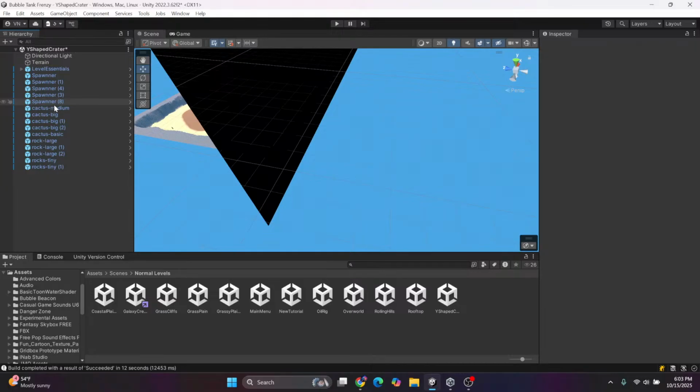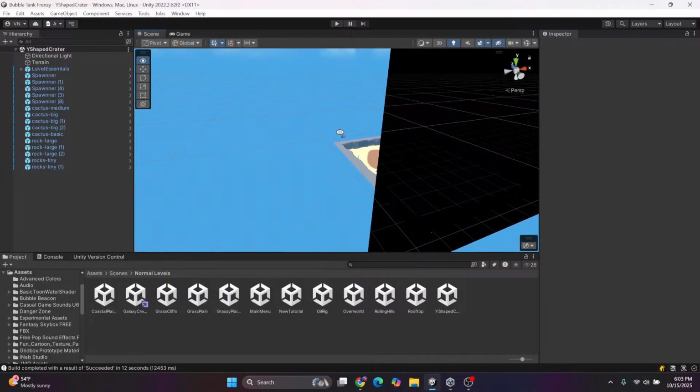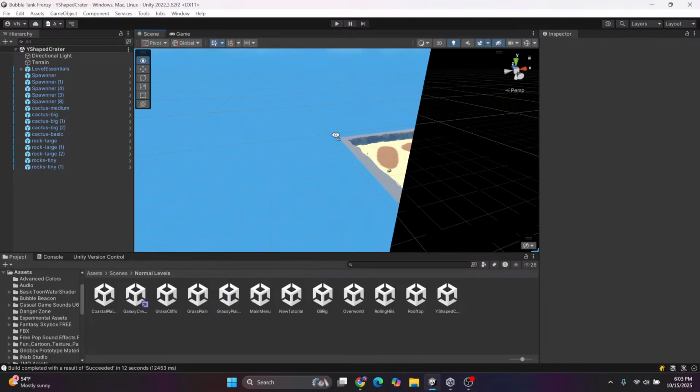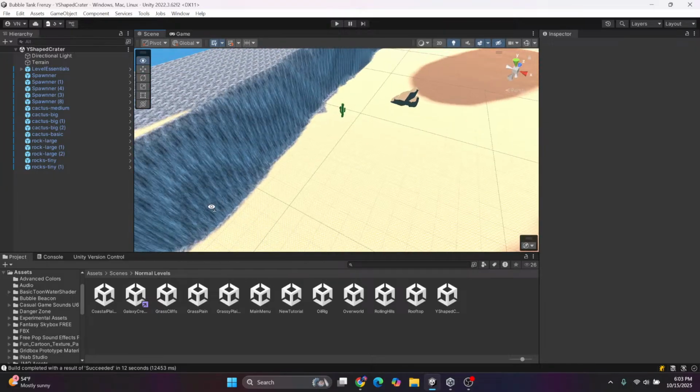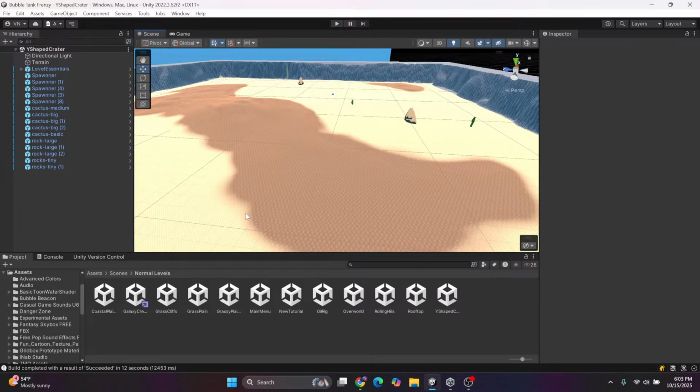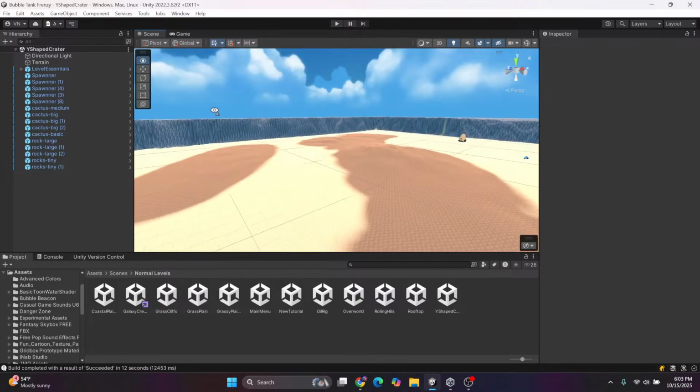Believe it or not, there's a point to everything here. Okay, there's a point to what I'm doing. So what we want to do is essentially add spawn points and essentially a robust